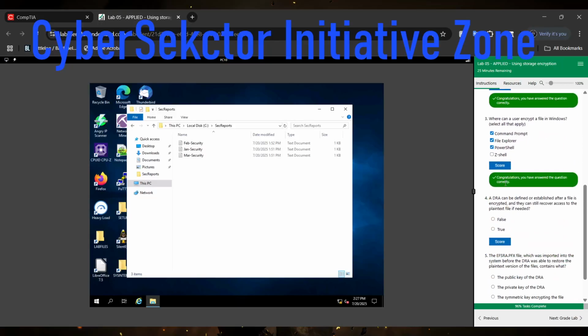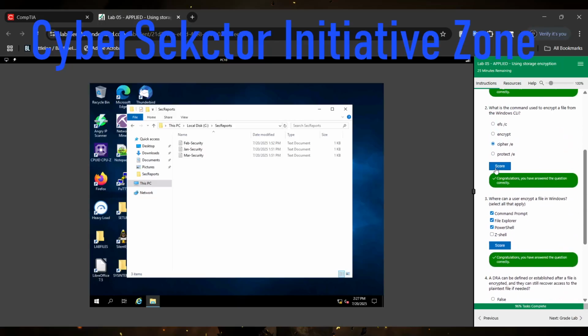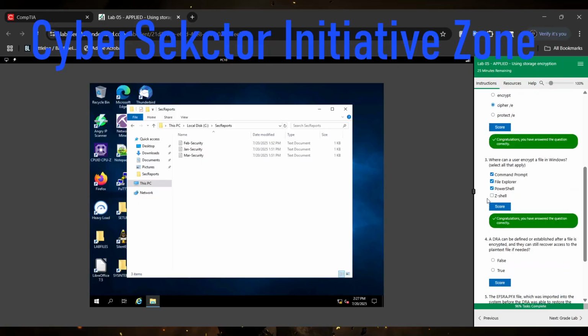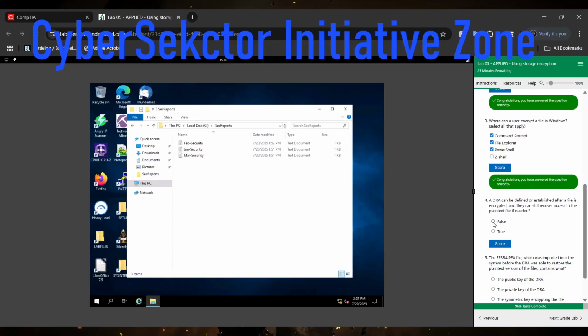your files within Windows because I actually totally forgot that PowerShell gives you the ability to do that. I was just thinking within this particular lab that Command Prompt and File Explorer were the only ones available. But no, with PowerShell you're able to do it, and I'm pretty sure you're able to do it within other third party software, whether you're using it within Windows. But to the best knowledge that is out there, Command Prompt, File Explorer, and PowerShell are your best options to